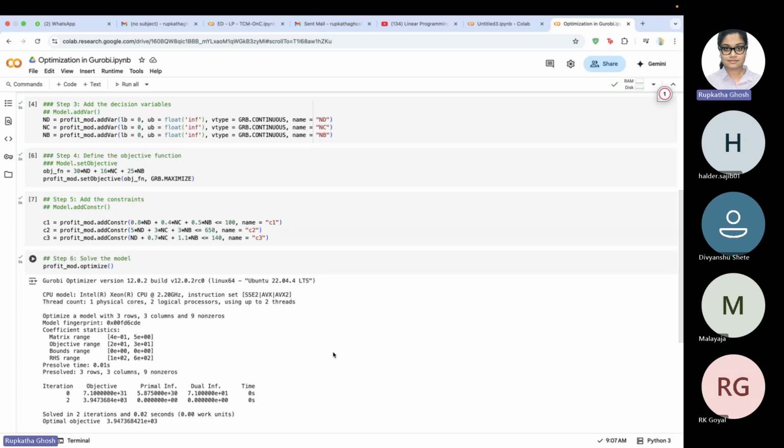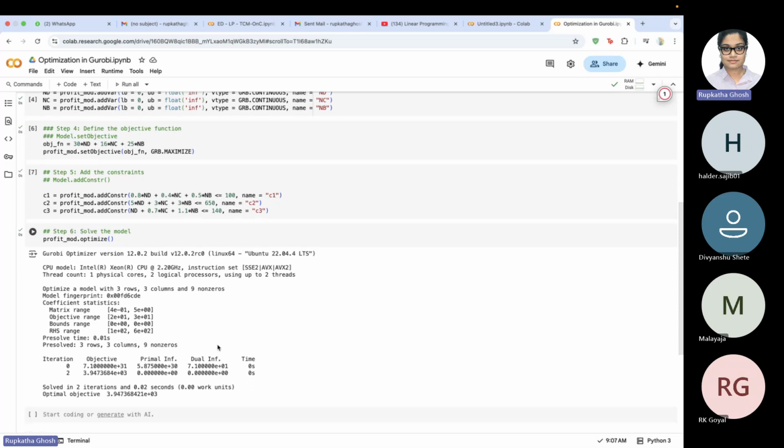What you need is basically your output. Even though you can understand from your optimal objective, you simply need the output. So what I'll do is step 7. Output the result. So here what I can write is print,